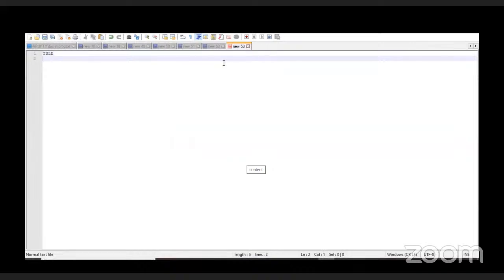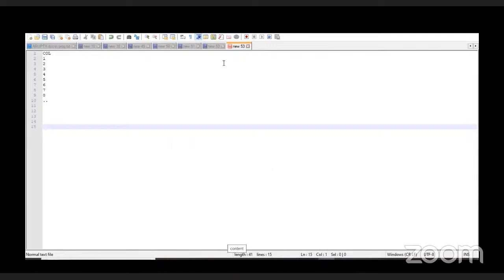Let's say we have a table with a column, and the table has data like 1, 2, 3, 4, 5, 6, 7, 8, and so on. Now, if we are declaring a cursor for select star from this table,